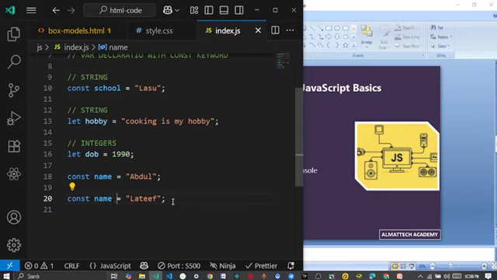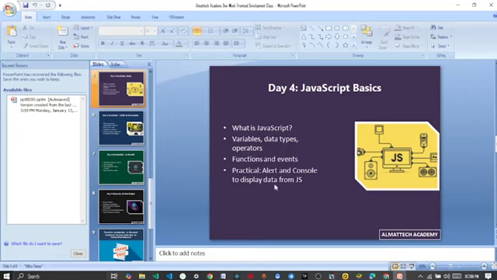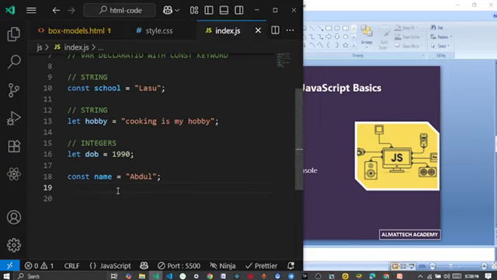So don't try to use the same variable names for different variables. It's not advisable at all. So we've taken some of them, we've taken the data types. Now the operators. When you want to perform some operations in JavaScript, let's say you want to